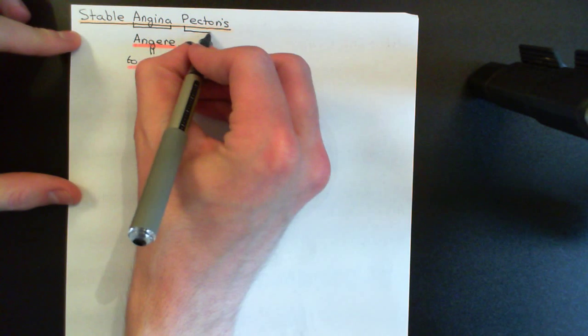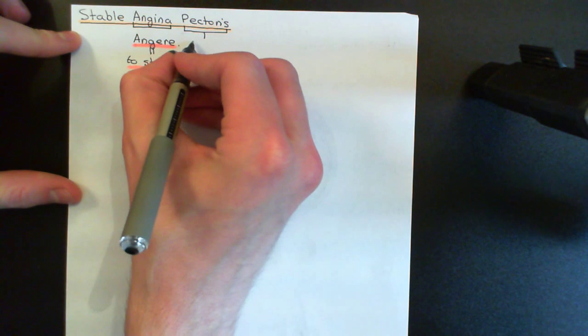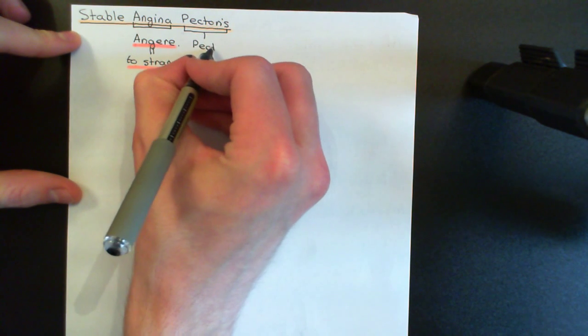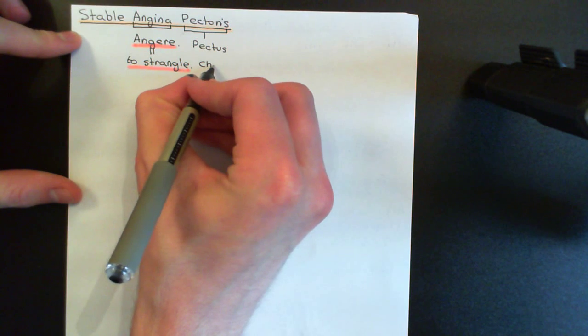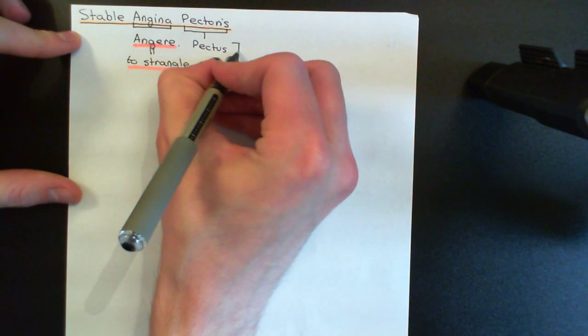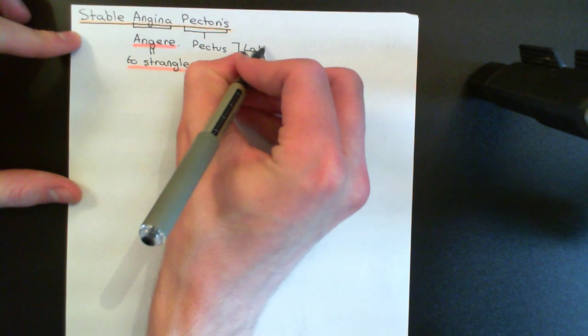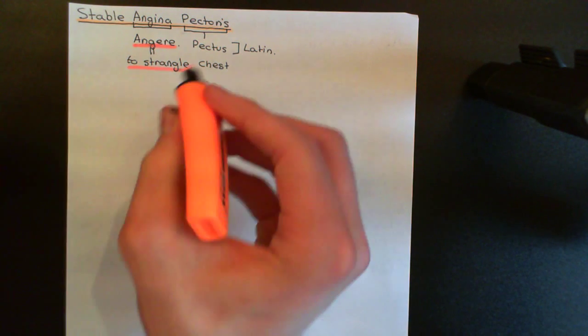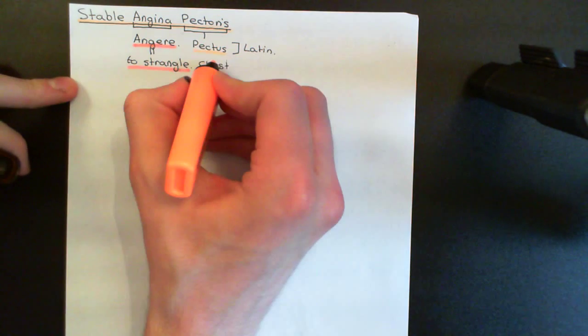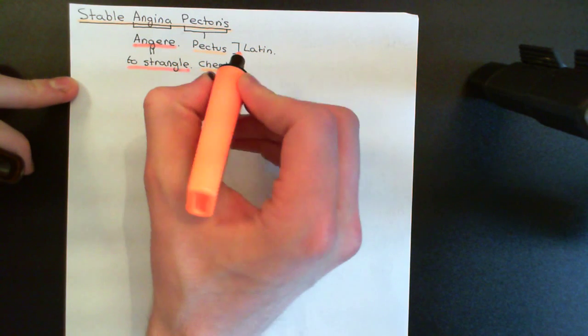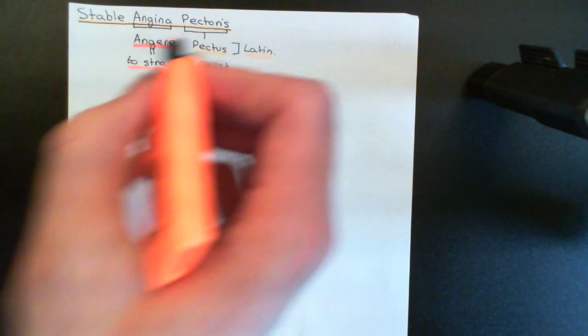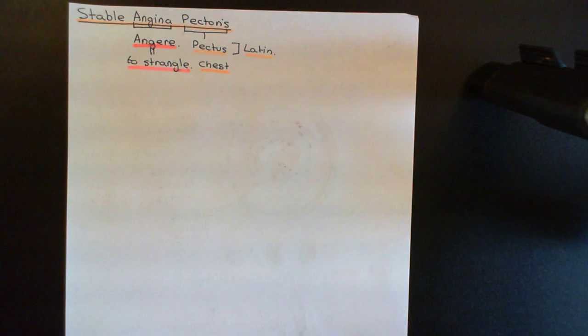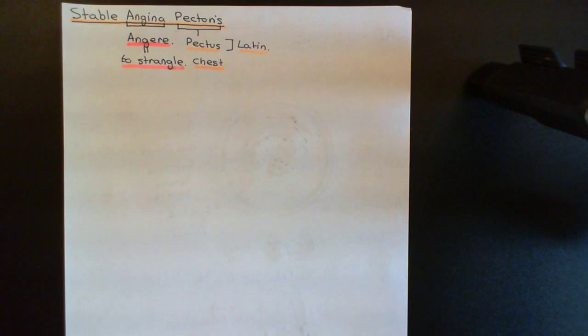And the pectoris here comes from the word pectus in Latin, which is a noun and means the chest. Okay, right, so these are Latin words. So angina pectoris, strangling on the chest, or strangling in the chest, and that nicely describes what actually happens in stable angina pectoris. Stable angina pectoris then is the condition where you get a crushing or strangling or horrendous chest